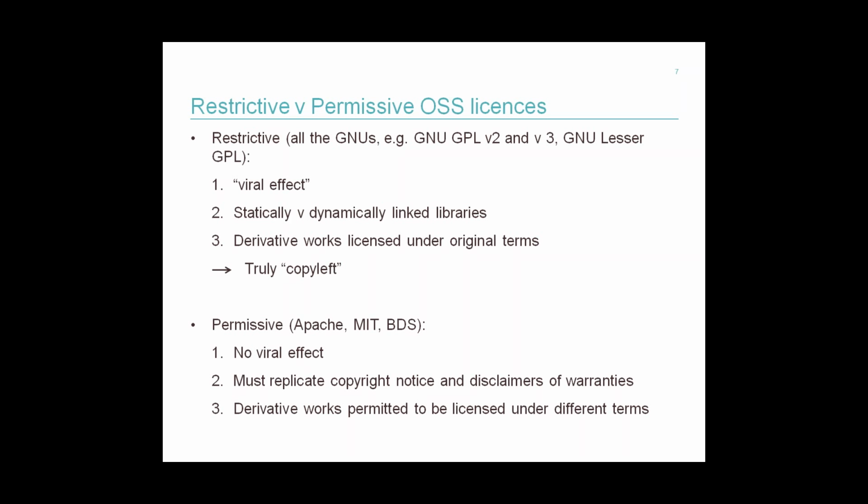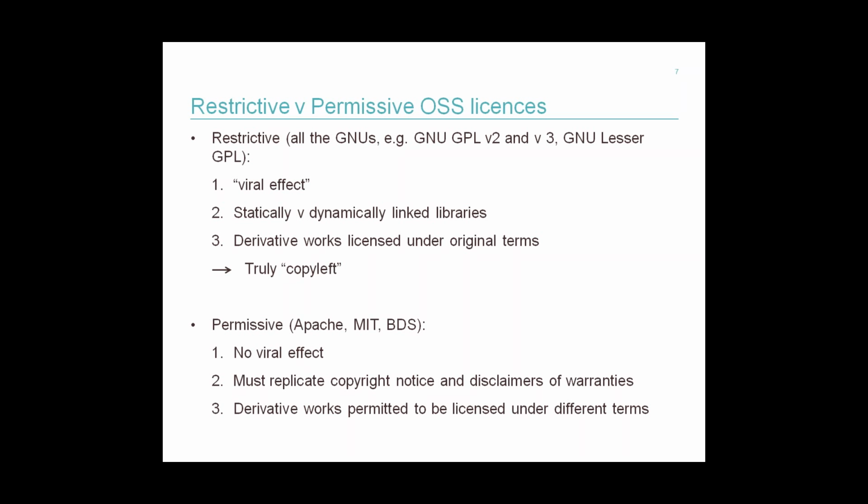So if it's a static link, effectively a library is a set of code that is out there that a lot of people can access, and you can integrate it into your own code in a way that you don't have to rewrite it. So you don't have to reinvent the wheel. And if that's statically linked, i.e. it's already embedded in the source code that you're also writing, that is generally seen as being part of or integrated with the actual source code, and that will then have the viral effect.